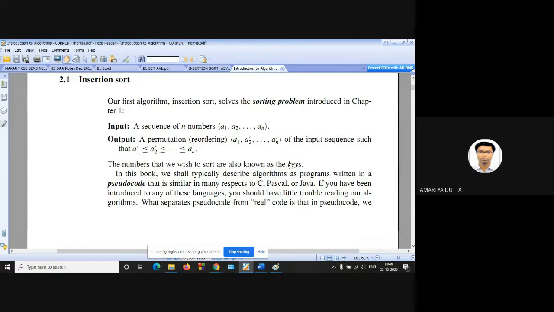These numbers are called the keys. This is the definition of sorting. Input is a random sequence of n numbers, and output is that particular sequence that maintains this ordering.